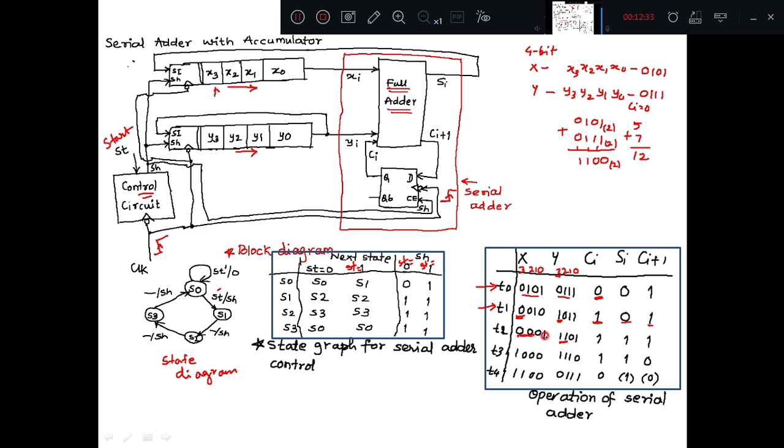Now the third bit you are adding, the third bit X2 is available, 1 plus 1 plus 1, so the sum is 1, carry generated will be 1. The sum you are storing here. So now 1, 0, 0 refers to sum bits, and the X3 bit, this one is the X3 bit. Now the X content is getting vanished, the Y content you are rotating, so the Y content will be 1, 1, 1, so X3 and Y3 are 0, 0 along with the carry in generated from the previous stage, that is 1, you are adding 0 plus 0 plus 1, the sum is 1 and the carry is 0.